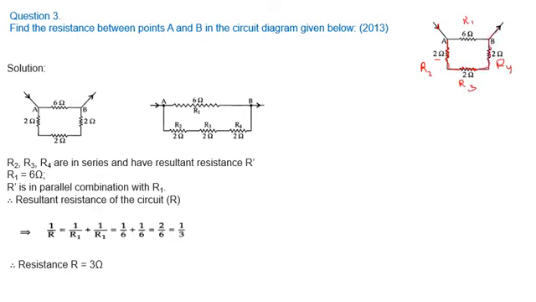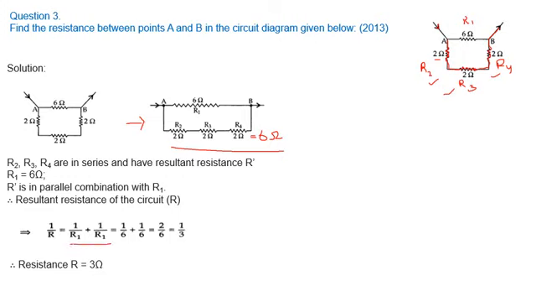In this case R2, R3 and R4 are connected in series. Again, please always redraw the diagram. Here we can see R2, R3, R4 are in series and R1 is in parallel. Now we can use the formula to find the resistance in parallel. If they are in series, the sum comes to 6 ohm, right? So the resultant resistance, R dash, is given by 1 upon R equals 1 upon R1 plus 1 upon R1. You can name it anything.